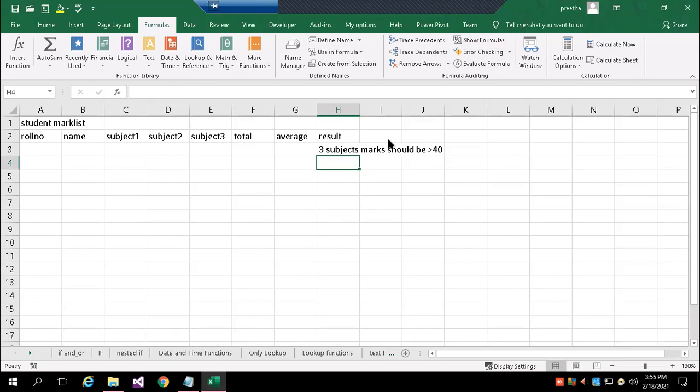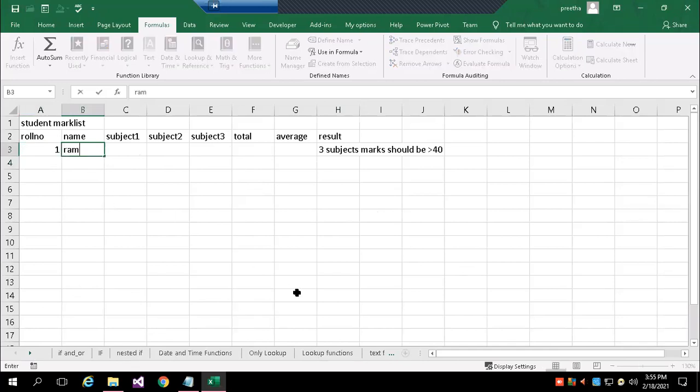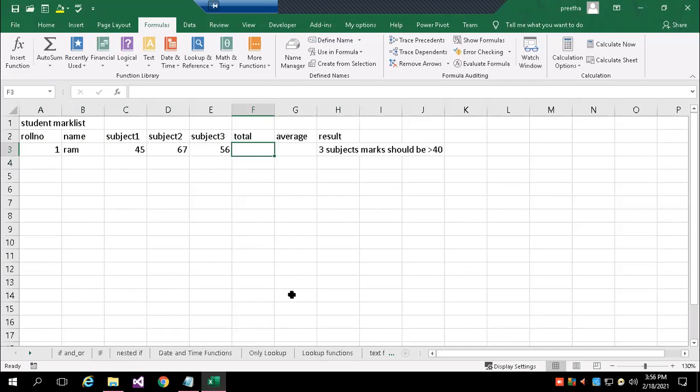And I want you to practice all the functions we discussed today first. Then you prepare a mark list which consists of roll number, name, 3 subject marks, and find the total of those 3 marks. After that, you have to find total marks, average marks, and result. For the result, I want pass or fail.